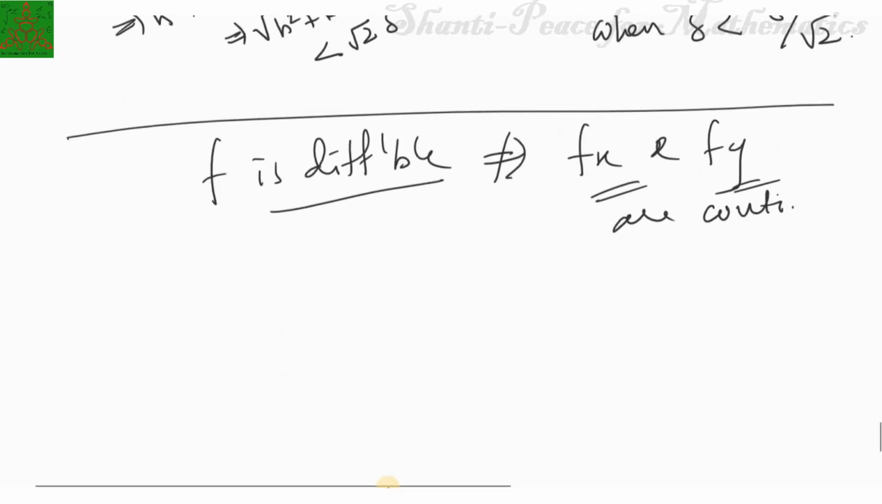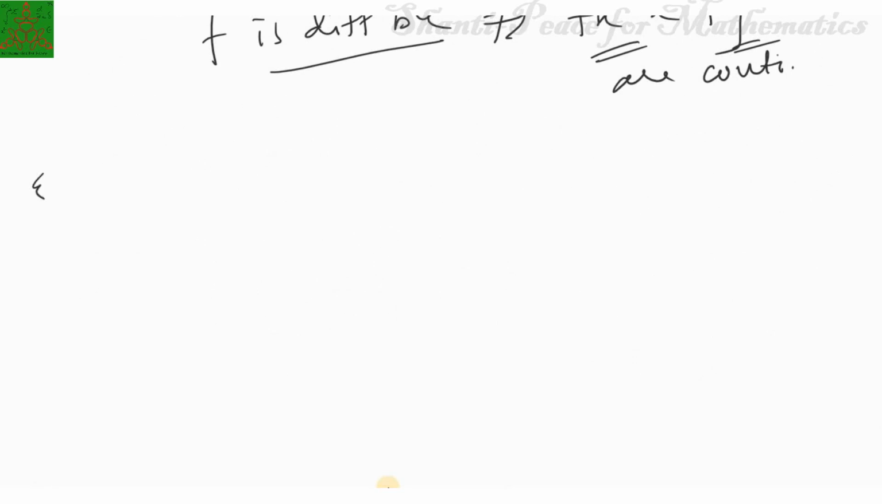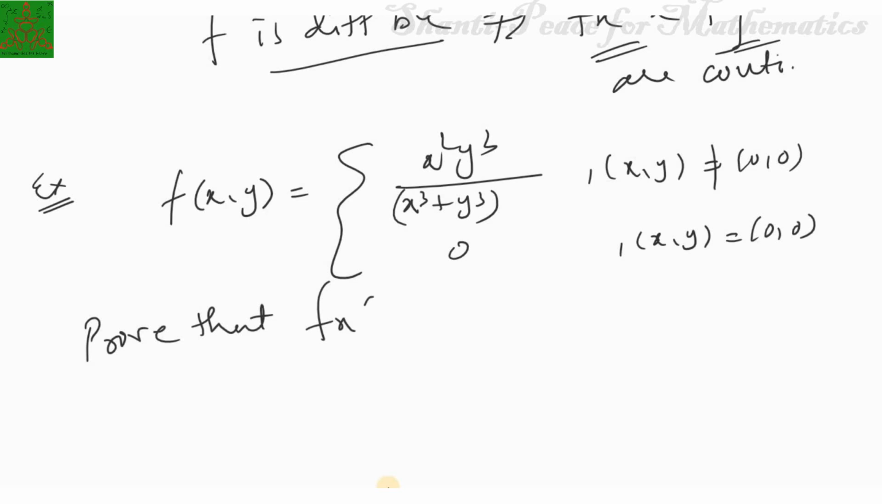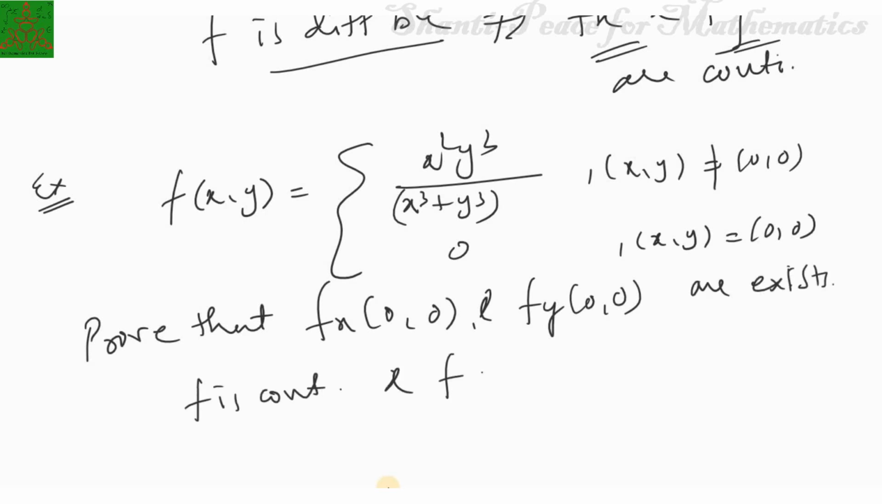So with that note, I am giving you an exercise here. If I have a function given by x squared y squared upon x cubed plus y cubed, where xy is non-zero, and 0 if xy is 0, prove that fx at (0,0) and fy at (0,0) exist, f is continuous and f is not differentiable. So with this example